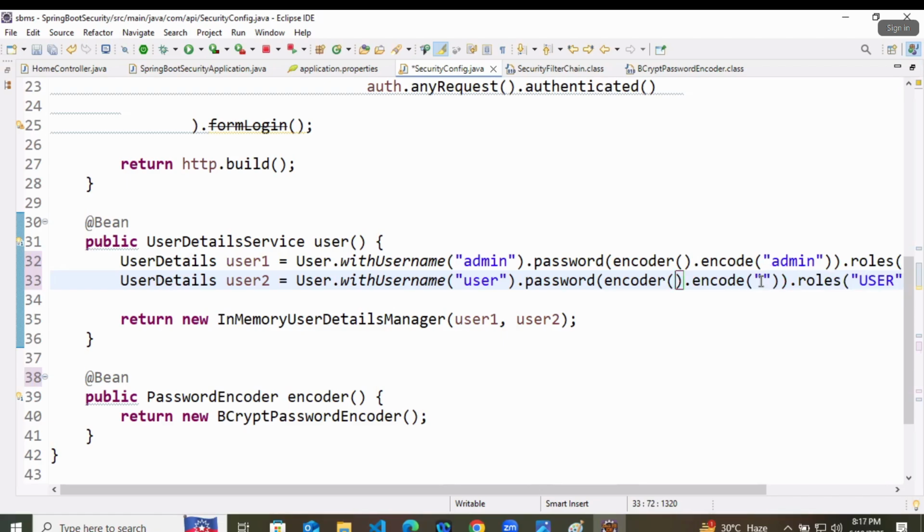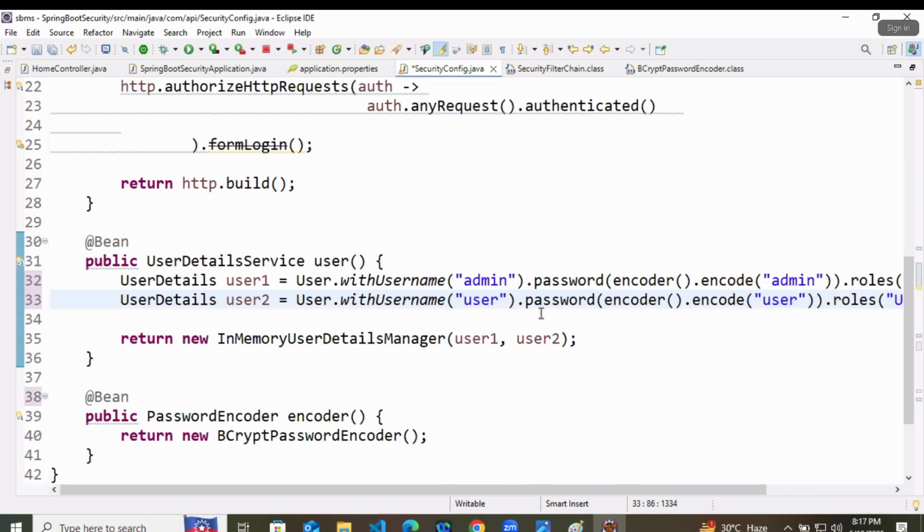For user we need a password like user, and for admin we like a password as admin. That's it. Now I have created two particular users.